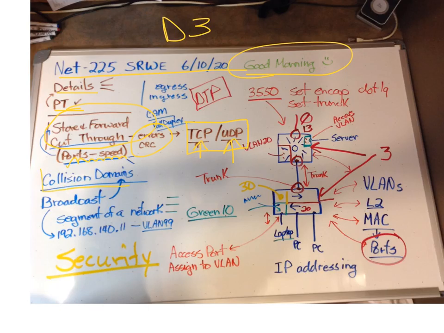Then talked a little bit about collision domains and how if we're running full duplex and switches nowadays, full duplex and content addressable memory, they're extremely fast, and we really don't have collision domains on the ports anymore like you would with half duplex. Now that led us into the idea of broadcast domains